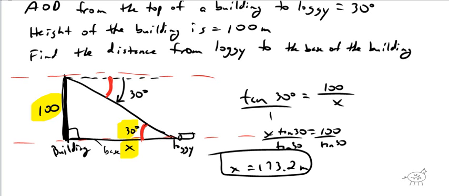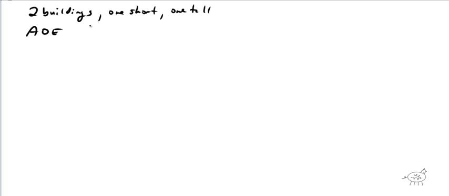All right, and then the second problem that I have here, let's clear this out of here, is basically I have two buildings. One short, one tall. Okay, I'm going to use AOE for angle of elevation. Angle of elevation from the top of the short to the top of the tall